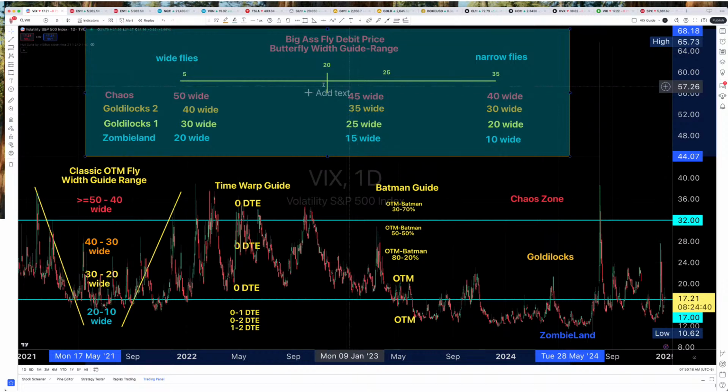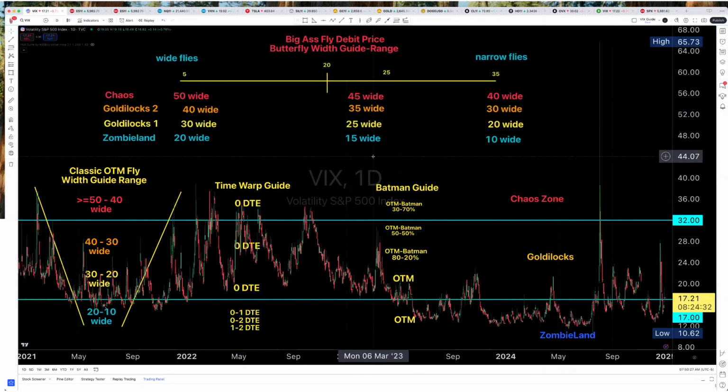And of course, the lower it will go, the better the risk it is. All right, so that's why we look at the big ass fly. So let's go take a look at that big ass fly and see where it is. So we go to Thinkorswim,